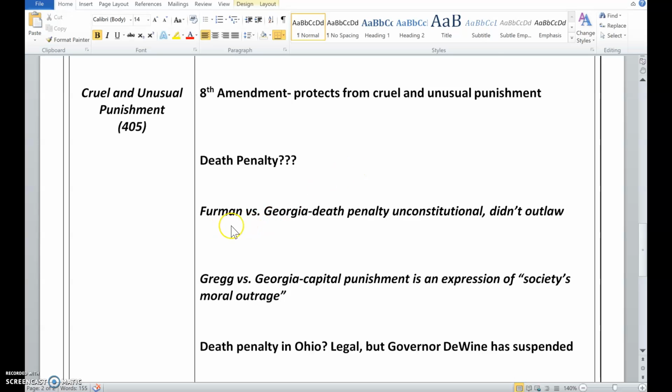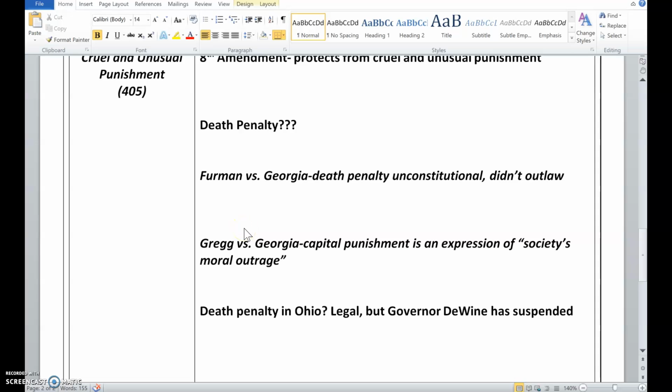The first one they talk about in the book is Furman versus Georgia. In this one, they said the death penalty was unconstitutional. They said that it was too arbitrary. It was all over the place. Sometimes it was used for someone who murdered someone. Sometimes it was used for drug convictions. It was not the same throughout the country, and it targeted poor people and minorities as well. So in this case, they said that it should not be allowed, but they didn't go as far as outlawing it completely, nor did they have the power to outlaw it for the entire country.